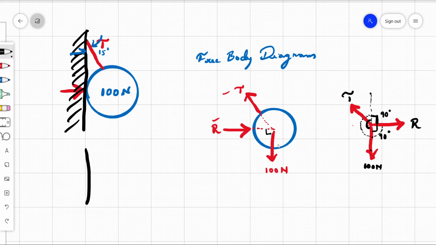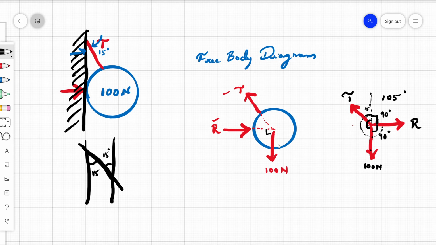This is a line, this is a line. We know this as 15 degree. If I draw one more parallel line, two parallel lines, if it is cutting through the line, then this will also be 15 degree. So this will again be 15 degree. So what will be the total? 15 plus 90, the total is 105 degree.